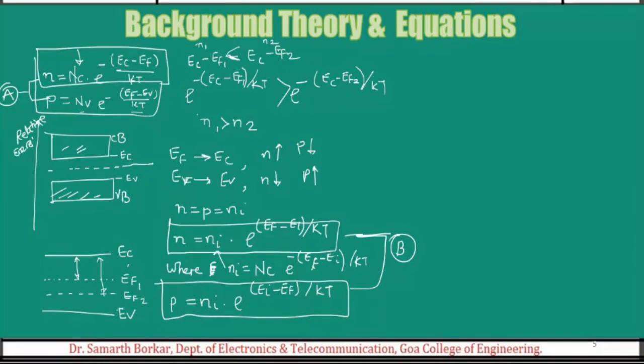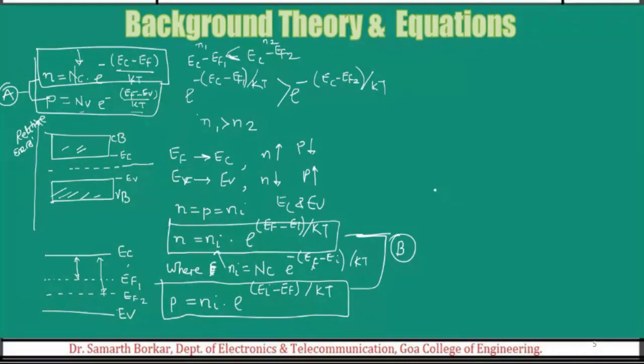Now if I look at these two equations, A and B, you can make out here that the concentration of electrons can be calculated provided I know the values of EC and EF. Fine, rest all the values are constant. Here in case of intrinsic semiconductors, I need to know simply the value of Fermi level and the intrinsic Fermi level. Fine, it is independent of EC and EV, meaning in this equation you don't get to see the terms EC and EV. Clear? This we had actually covered in the last class.